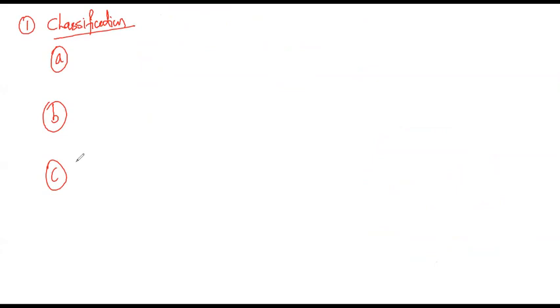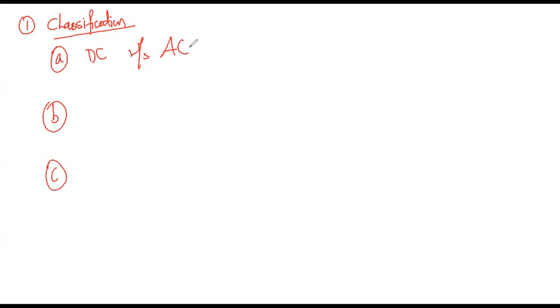So this was the introduction part, and coming to the classification. Once I want to have a classification of such a network, you are having three types of major classification there. First one, you can identify what type of system it is, whether it is a DC distribution or AC distribution. Generally the AC system is universally adopted for distribution of electric power, as it is more simple and more economical than the direct current method.